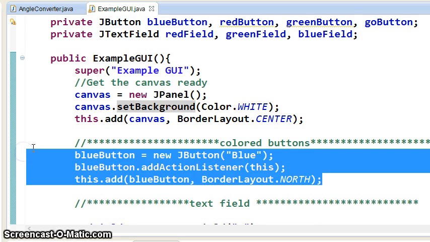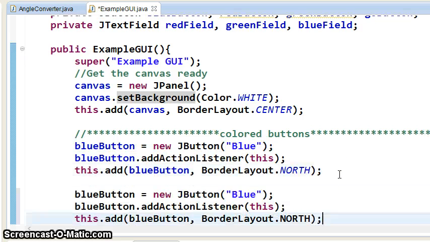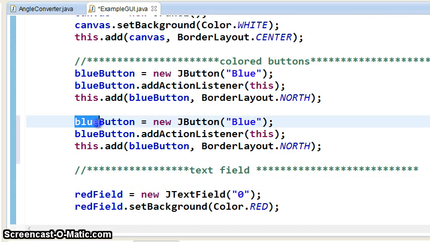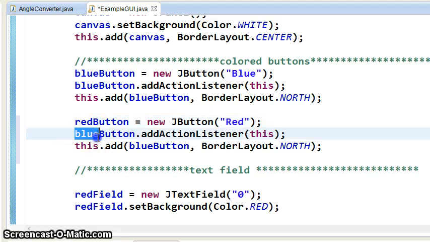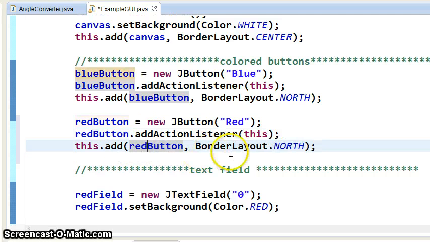So let's do that. I'm going to be really lazy, and I'm going to copy and paste. This time I'm going to give birth to red button. He's still a JButton, so I will instantiate him in the same way. I need somebody to listen to that button or he is useless. And I will say, let's put red button in the east. Now,